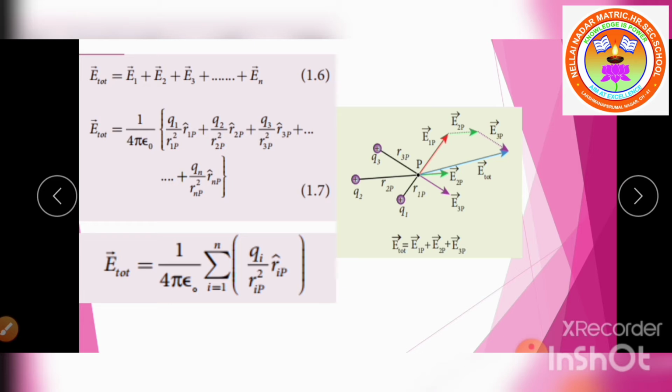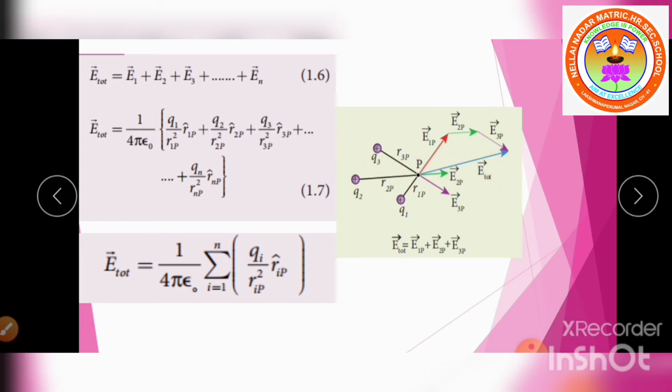So listen children, first I take Q1. Q1 is what charge? Positive charge. So at the point P, the resultant electric field is outward. If we have taken a positive charge, the resultant electric field is in an outward direction along the line joining Q1. Next come to Q2. For the charge Q2, I draw the resultant electric field; again it is a positive charge, so it is in an outward direction along Q2.